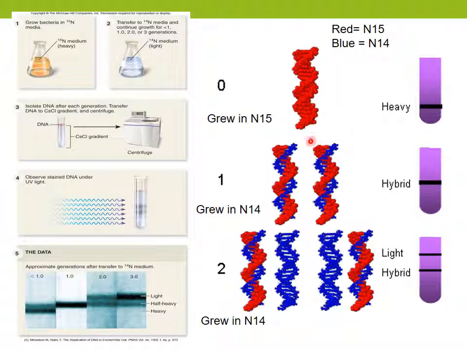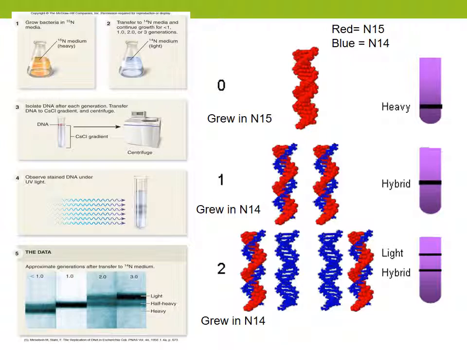And then when they switched it to N14, what had happened is this DNA separated, and one parent strand was used to make a new strand, which was blue, and the other parental strand was used to make a blue strand, which was new. And so after they did the switch to N14, they actually got a hybrid strand, which was a mix between N14 and N15 in terms of